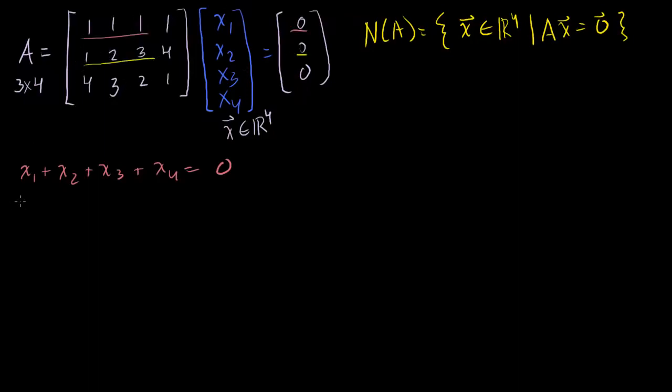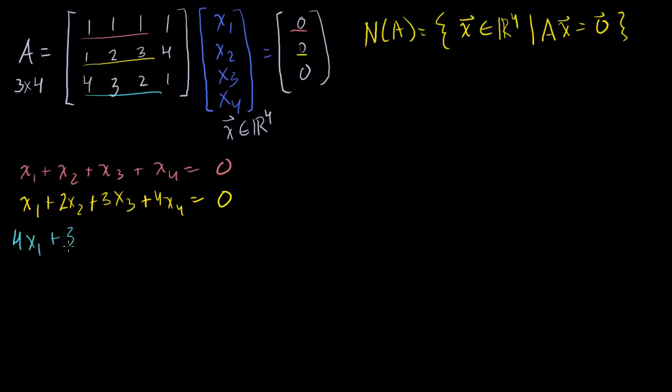So 1 times x1, so you get x1 plus 2 times x2, plus 3 times x3, plus 4 times x4 is going to be equal to that 0. And then finally, we have that times this vector should be equal to that 0. So you can have the dot product of this row vector with this column vector should be equal to that 0. So you get 4x1